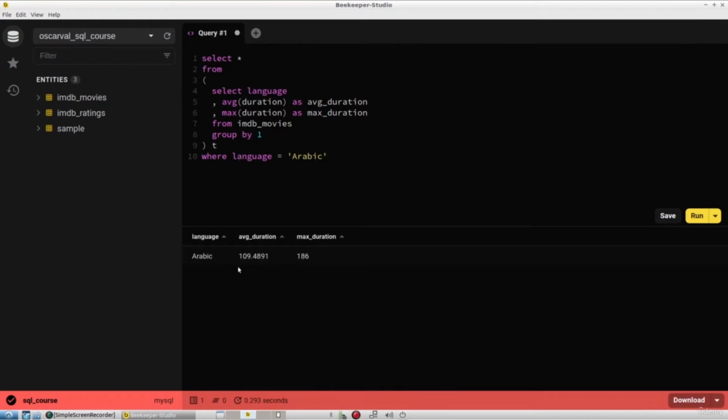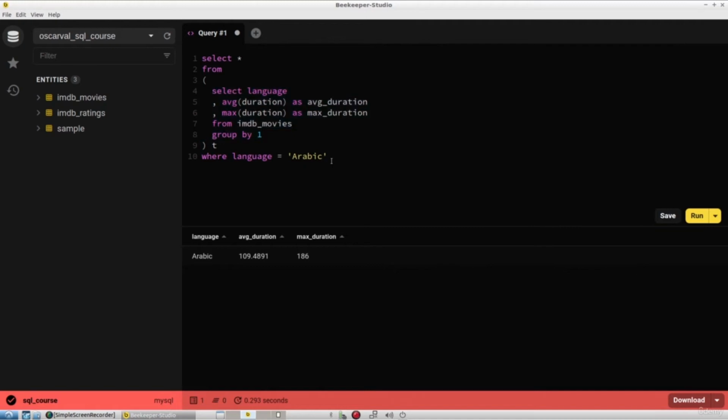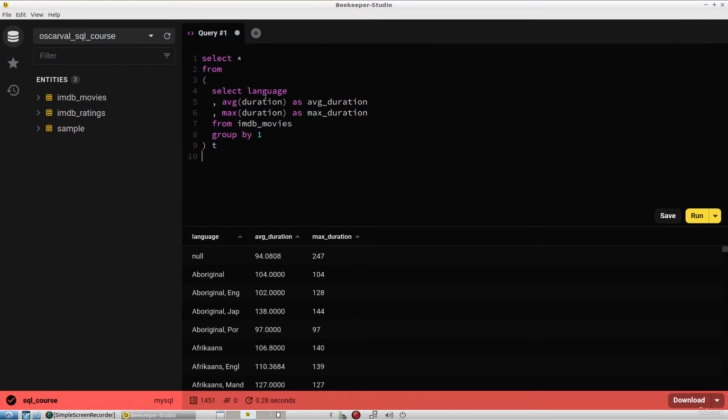Where the language is Arabic, we isolate that single record, and we can use the result set and query it itself and apply additional parameters to get what we're needing from the data itself. But in a nutshell, the subquery that you needed to write was pretty much exactly the same as the other one,